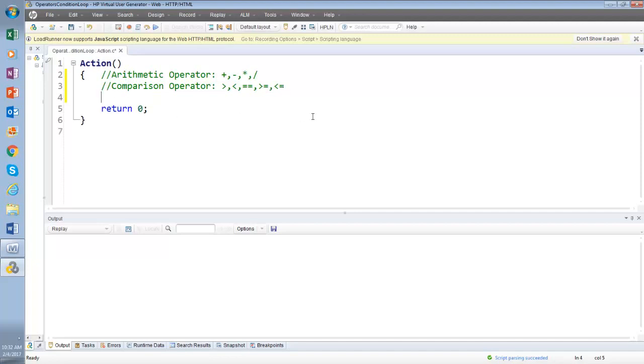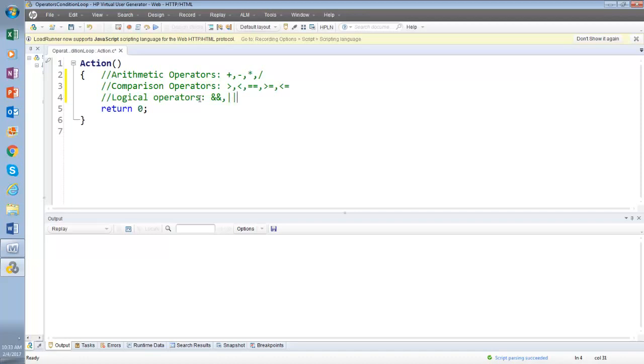Okay, and then we have logical operators. Logical operators are and, or. Actually in C we write it: and means this sign, and or means this one.